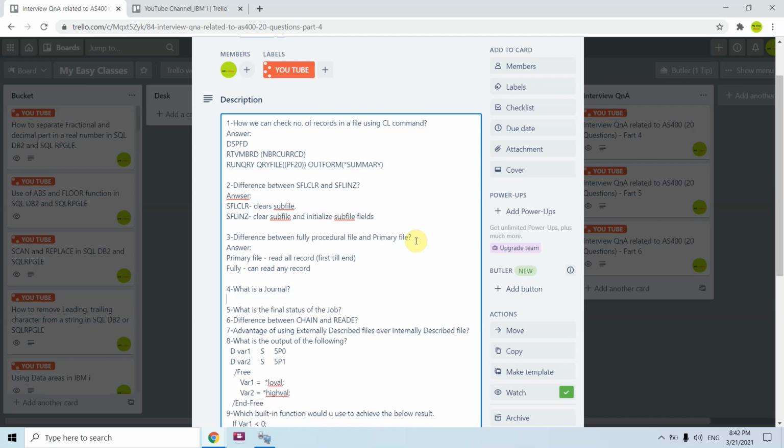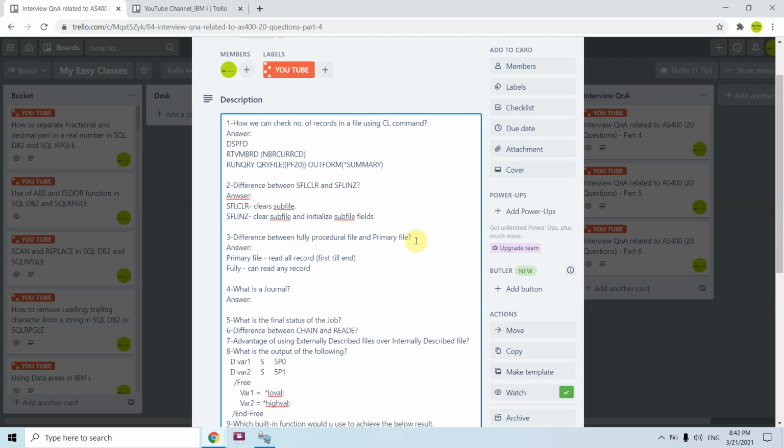The fourth question is, what is journal? Journal is an object in AS400. I would define journal as something which records the changes occurring in a database file.